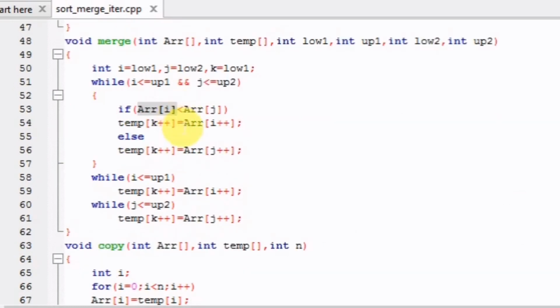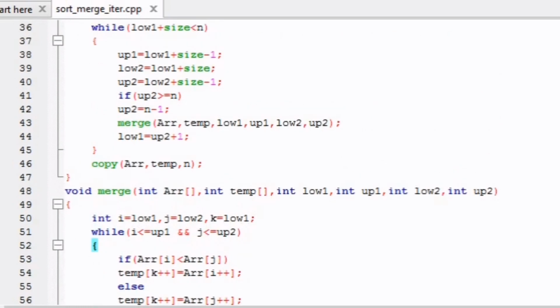In the same way, if the element at the ith index is greater than the element at the jth index, then we will store the element of the second array, that is the element at the jth index, in the array temp, and we will increment the value of k and j by 1 to point to the next index, right? So this is the block for the function merge, right?